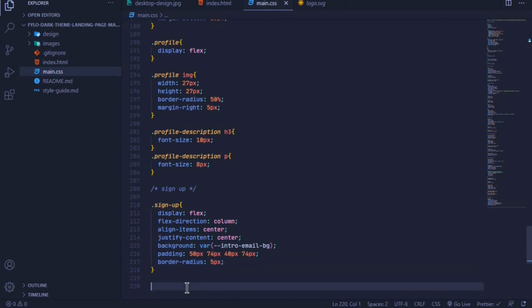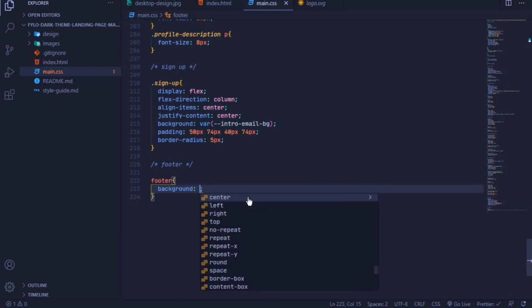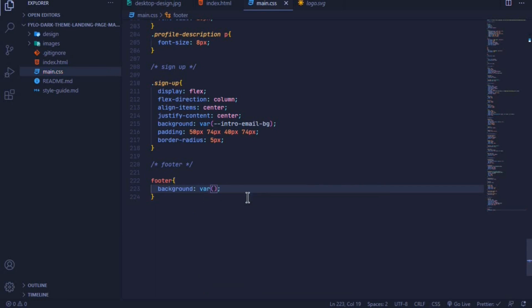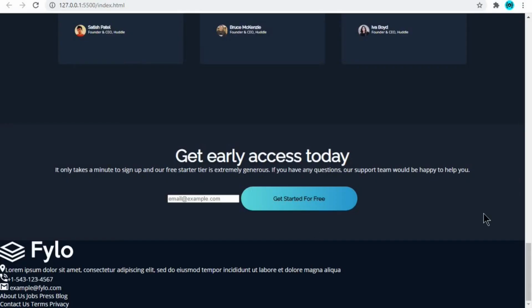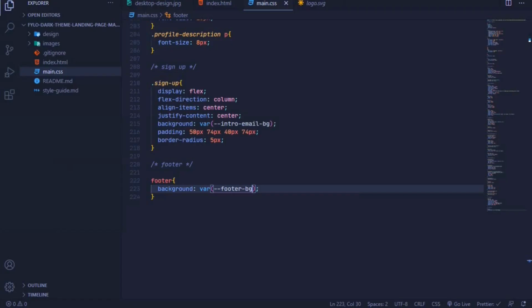So I will add a comment here for the footer, and then we select the footer element and add a background of var, and the variable here is footer-bg. So let's see if there is a difference. Yeah, you can see this section is darker than this one, and the colors aren't the same. So that will really help us to know whether we have achieved our goal. Let's come back here,